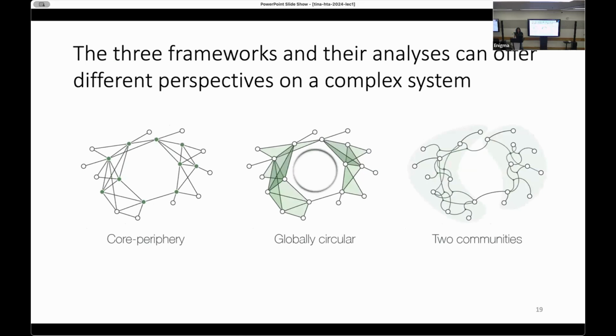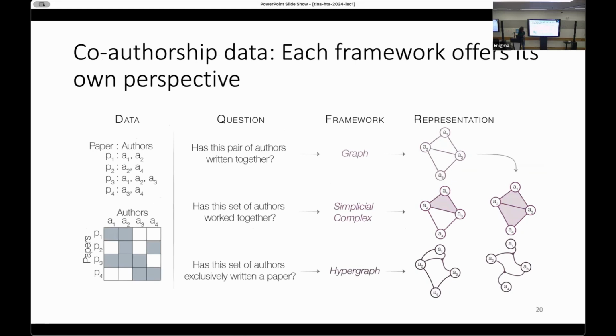Well, the reason you should care about this is that, again, the results that you get and what you publish or what you take to your manager will be different, right? So if you represent it as a graph, perhaps you would find this core-periphery structure. If you represent it as a simplicial complex, you'll find these big cavities. And if you represent it as a hypergraph, perhaps you'll find that there are different communities, and these communities are not the core-periphery community. And so we did this small experiment that's in the paper,